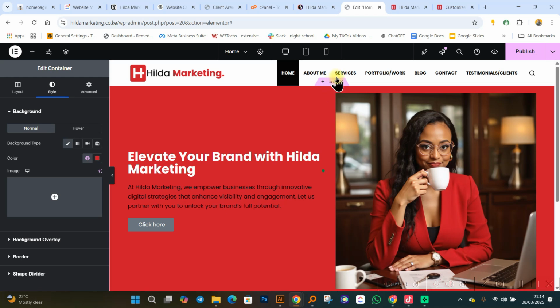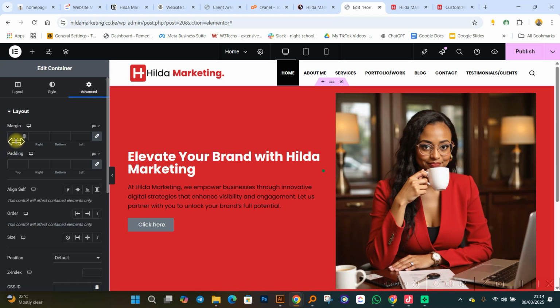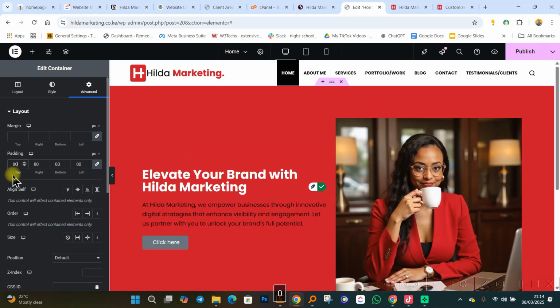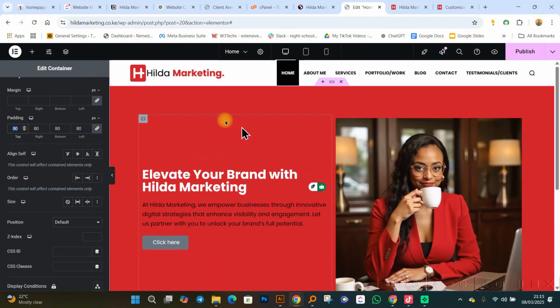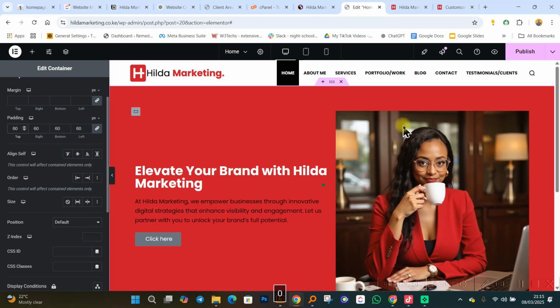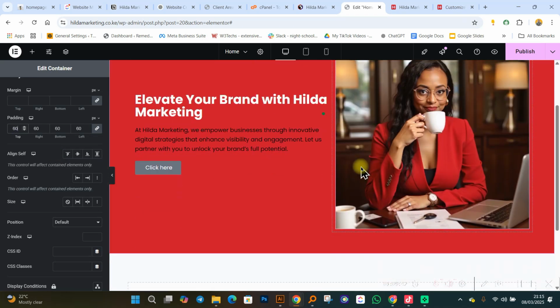Now, if you look at this, if I click on edit my container over here, this is the main container. Inside it, it has 2 other containers. Container 1, container 2. All right. If I click over here and I click on advanced, there is something we refer to as margin and padding. I want you to concentrate on padding. If I put in a value of something like 80, I want you to see what happens. It's the space inside. It has created some space inside. Like if you look at this, if I put in a value of 60, it has created some space inside. It's really important that when you're doing web design, you add such kind of spacing.